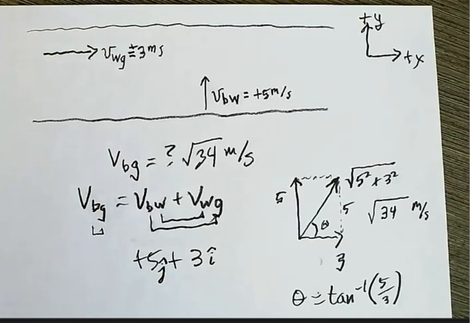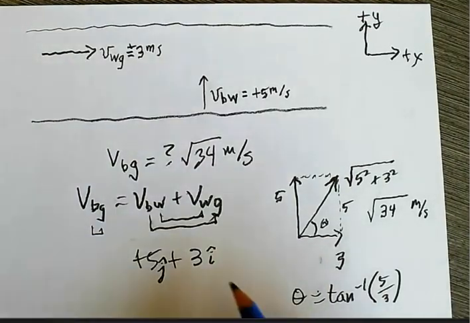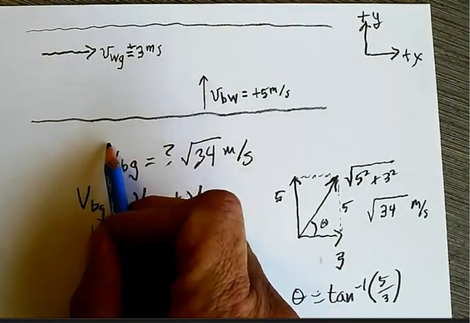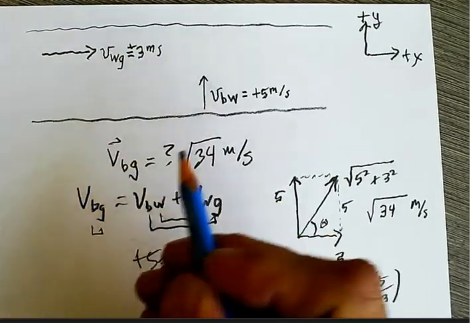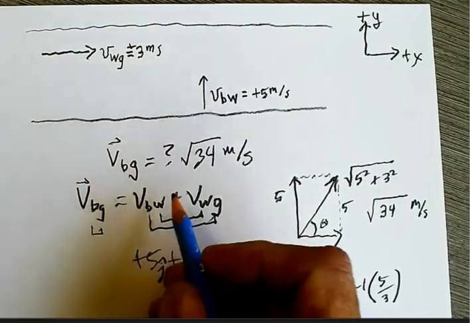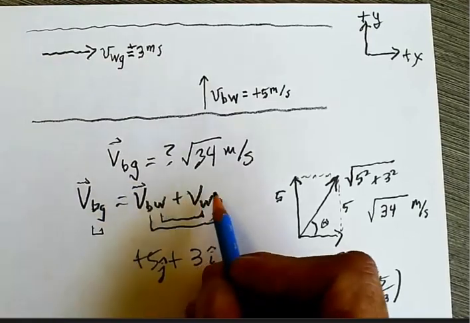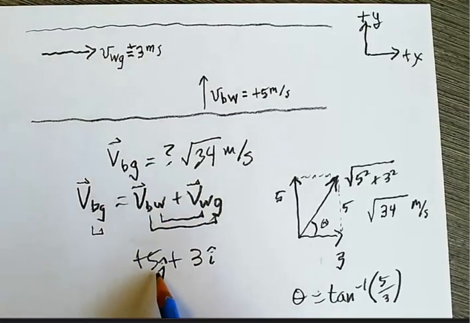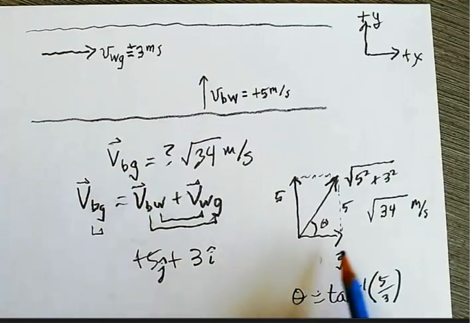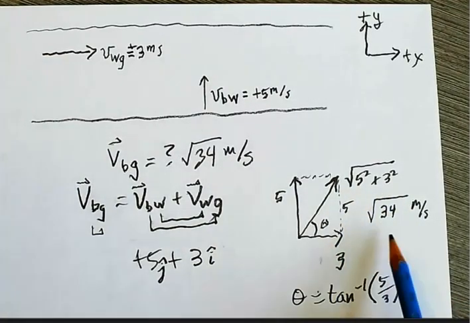So it's easy to forget, but to stress that we're working with vectors, as you see in the textbook, I should have, to be complete, put vector symbols over these to remind myself that I am working with vector addition, and I can't just add 5 plus 3 to give me 8. I have to add 5 and 3 with Pythagorean theorem to give me square root of 34. Okay,